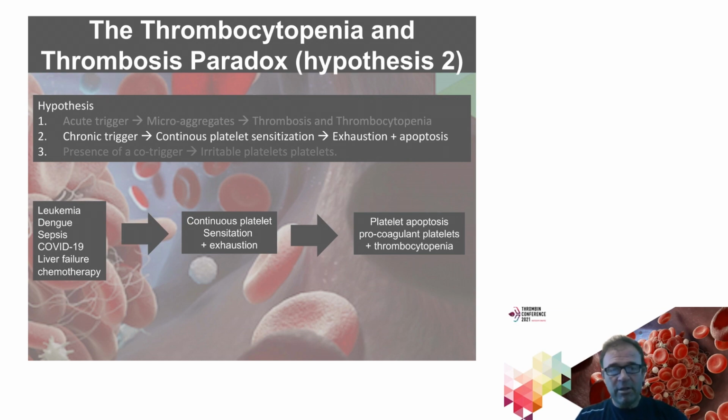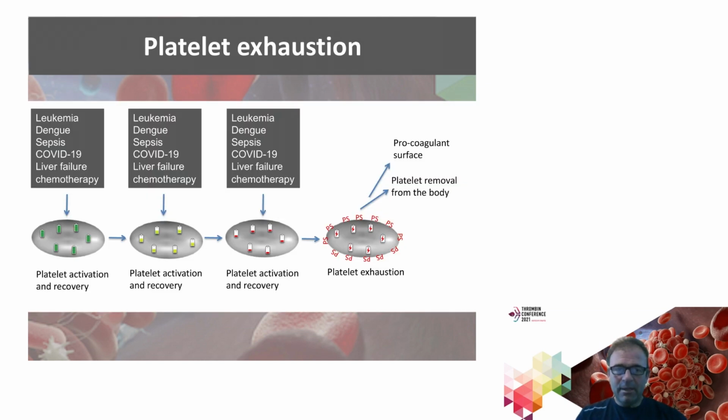In these diseases, you have a much slower chronic process of platelet reduction. And we think what happens here is that in those diseases you have a continuous trigger of platelet activation, a continuous desensitization of the platelets. The platelets release their granules, they recover again, are triggered again by the pathogens of the disease, they release their triggers again, they recover again, are activated again, and at a certain moment they are exhausted. And exhausted platelets will become apoptotic.